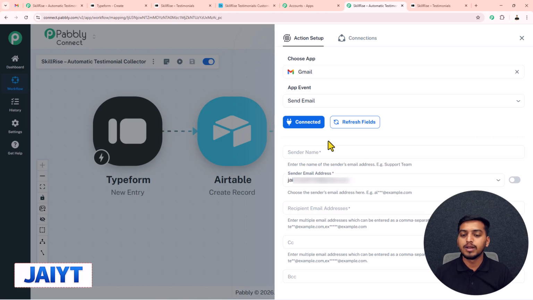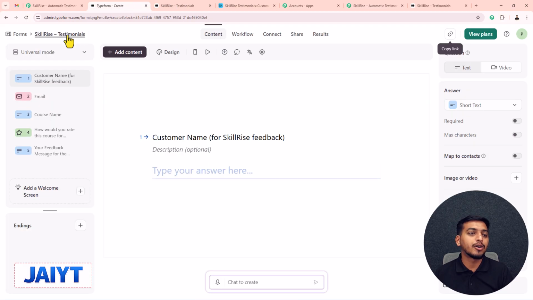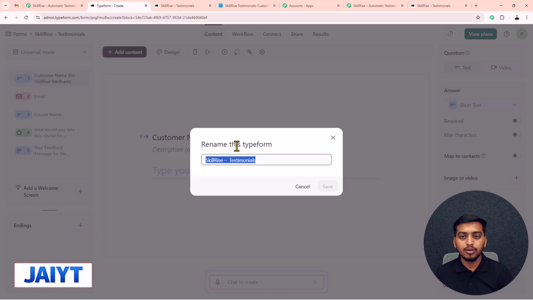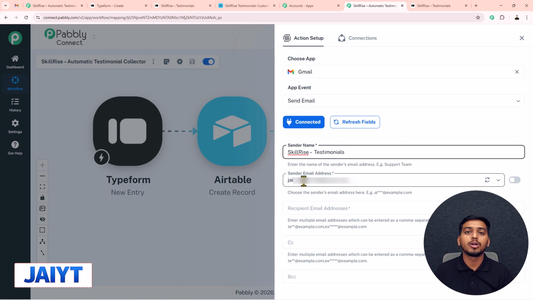Now we just have to fill up these fields one by one to send a mail to our marketing team. First of all, for this sender name, I will add the name of my form. So inside my Typeform account, you can see this is the name of my form. So I will just copy this from here and paste it for this sender name. For this sender email address, Pabbly Connect has automatically detected my email address, so I will let it remain as